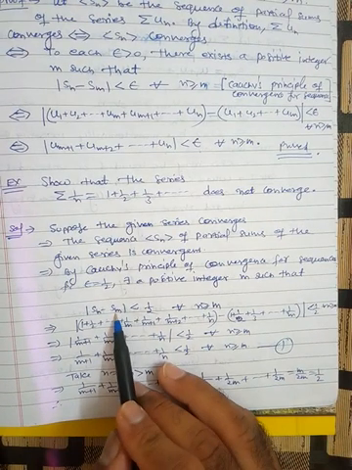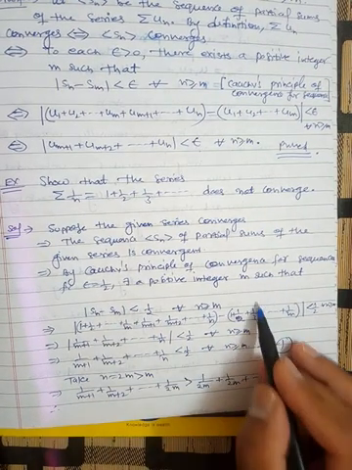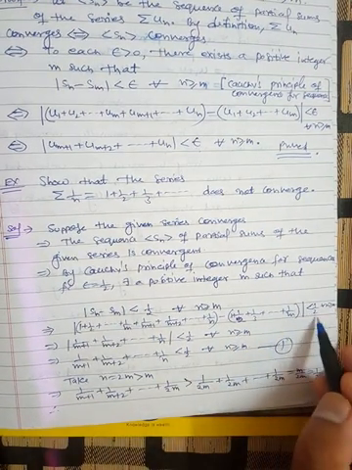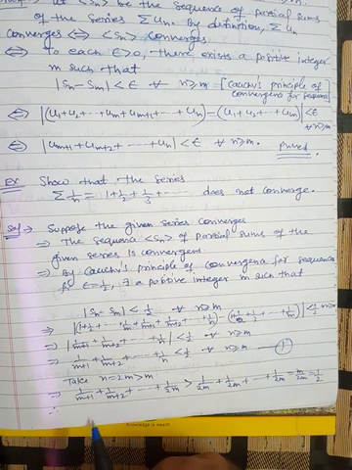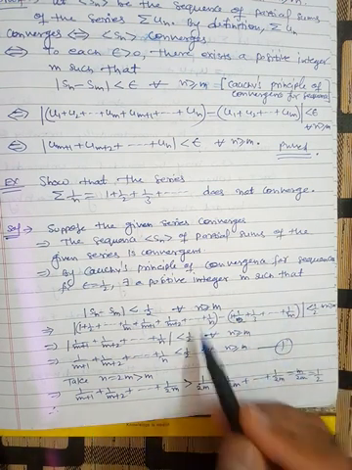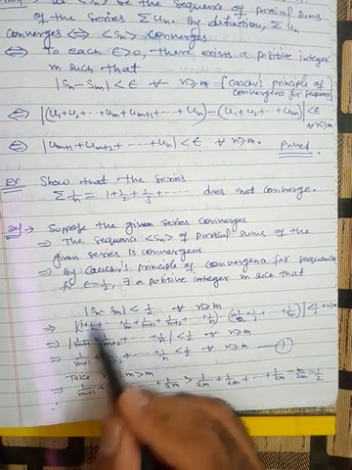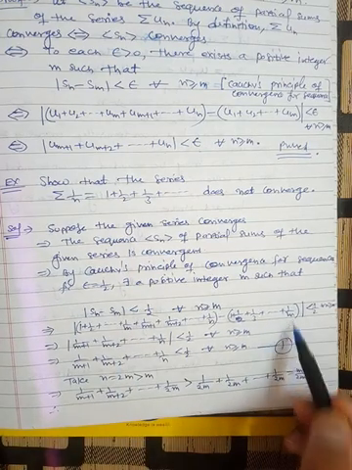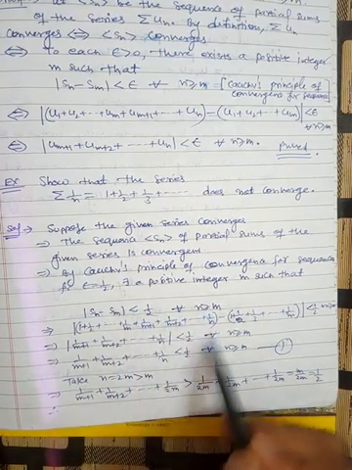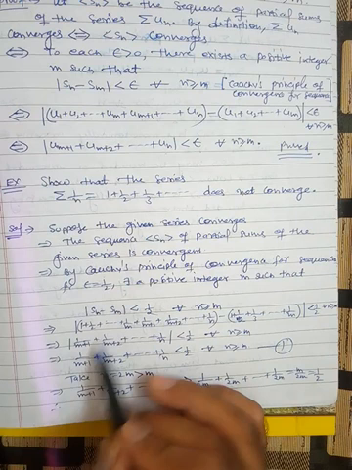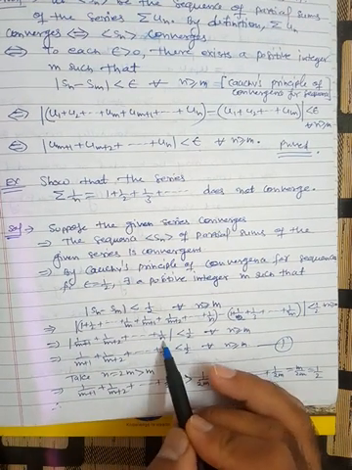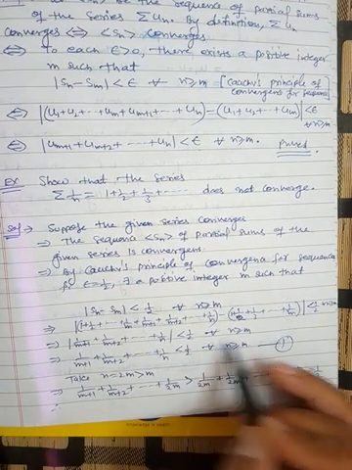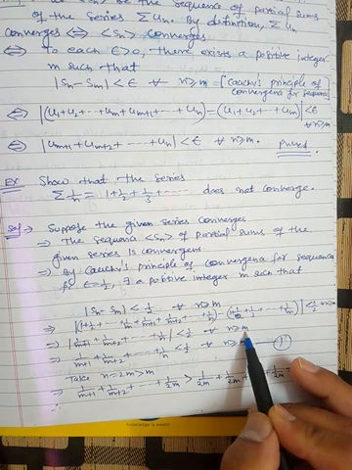Sm is the sum of the initial m number of terms. So 1 plus 1 by 2 plus 1 by 3 plus up to 1 by m is less than half for all n greater than or equal to m. Now this cancels out. The terms 1 by 2 up to 1 by m cancel out, so the only part left is 1 by m plus 1 plus 1 by m plus 2 plus up to 1 by n is less than 1 half for all n greater than or equal to m.